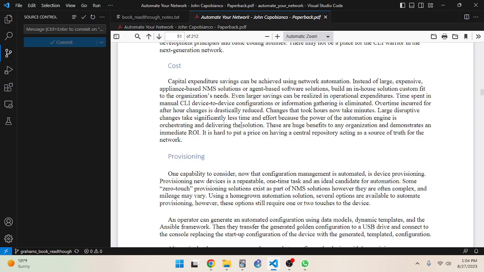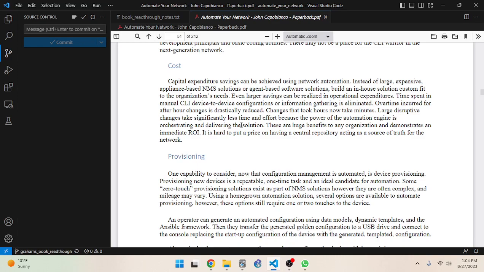Time spent in manual CLI device-to-device configurations or information gathering is eliminated. Overtime incurred for after-hour changes is drastically reduced. Changes that took hours now take minutes.